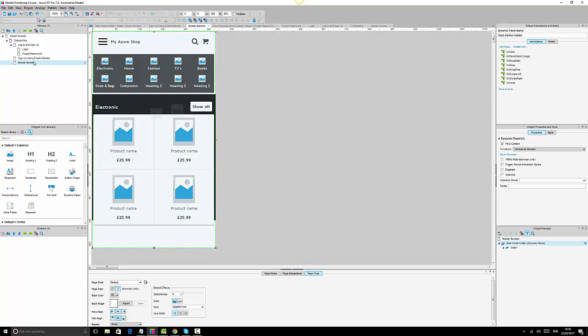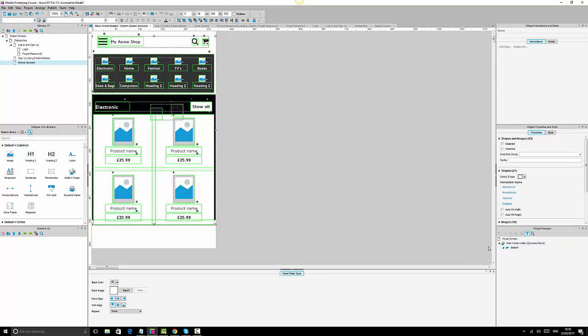Let's just go back to the home page. We see now that once we click it, even if we are only interacting with the dynamic panel, we're not interacting with the content anymore. So for us to make any changes now, we need to go inside that dynamic panel and do our page as well. So the same thing applies. We just need to make sure that we have ways of